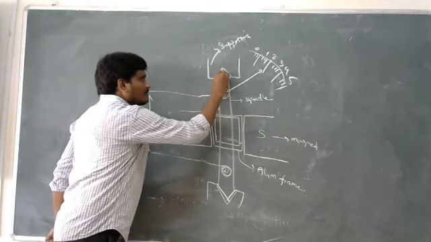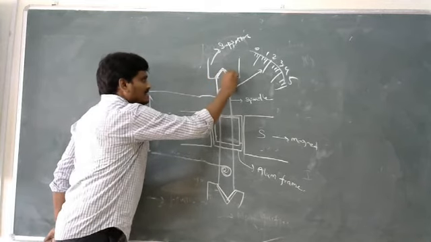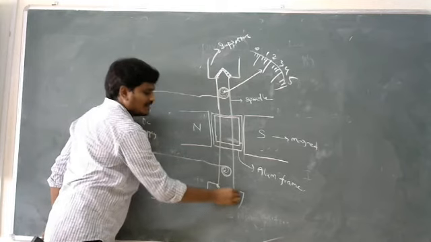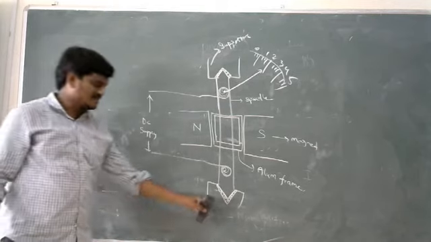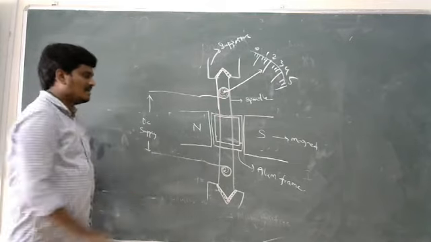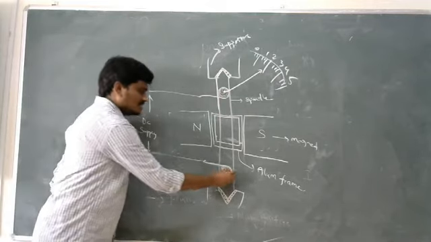And there will be some ball bearings present at the edges. These ball bearings present in this instrument are used to reduce the frictional error present at the edges. Now coming to the discussion regarding springs.